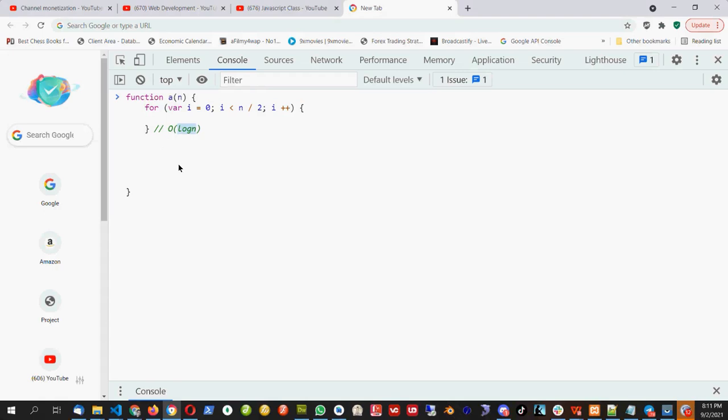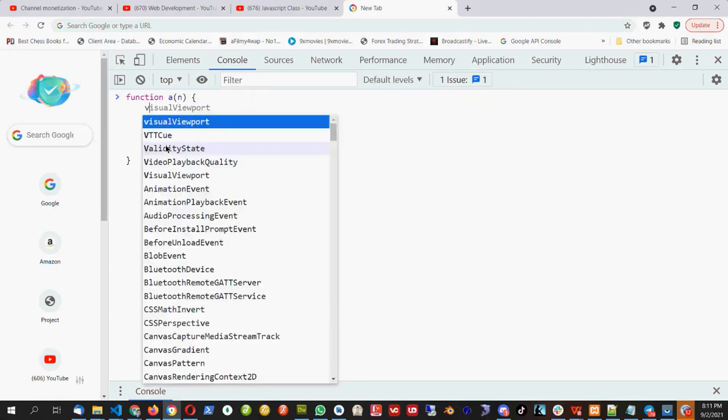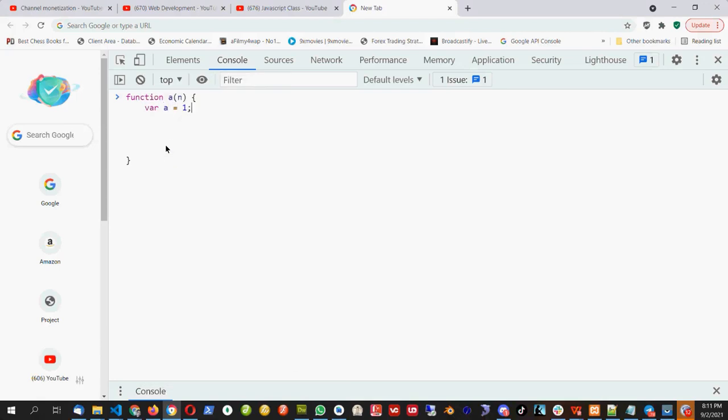Is it clear? Okay. So if I remove this for loop, if I have only var a equal to 1, what is the complexity of this function? O(1), because this function is not dependent on n, therefore the complexity of this is O(1). So this is the O(1), and if we put one for loop,